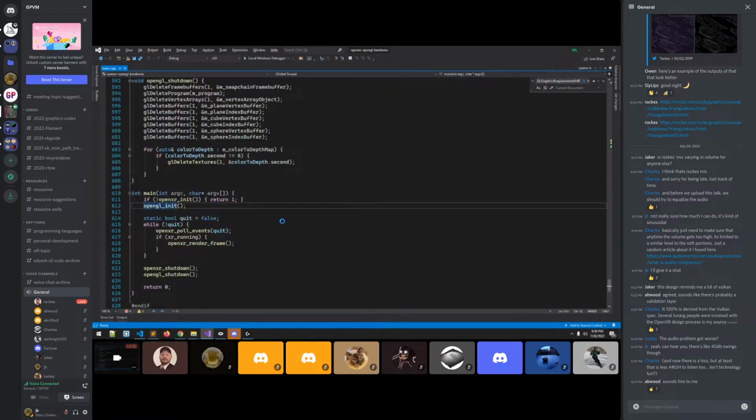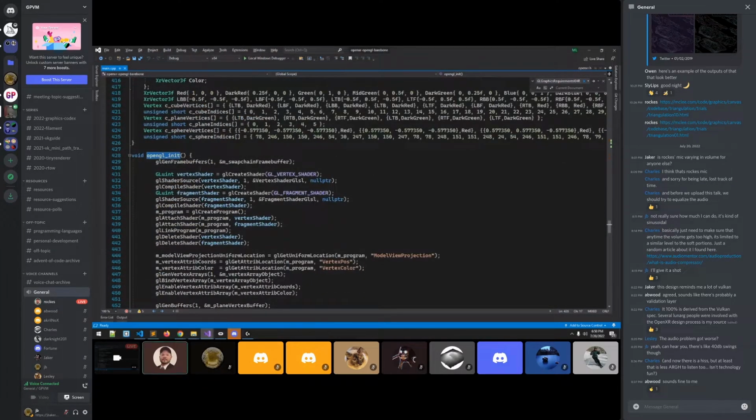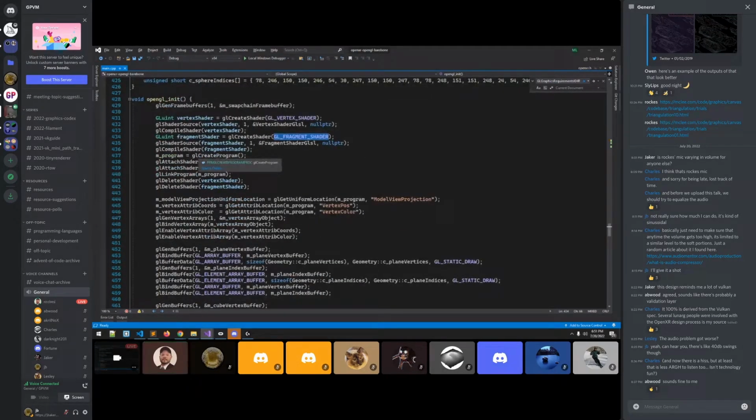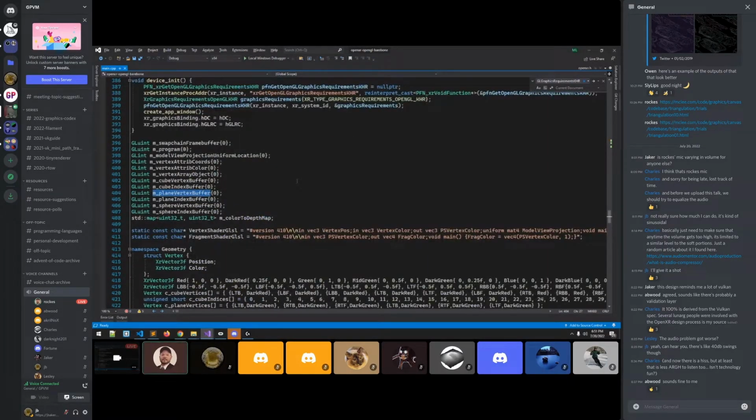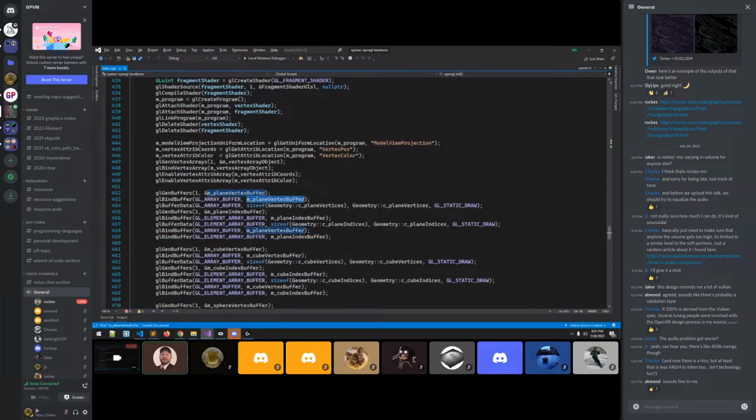Got the shaders, vertex shader, fragment shader, compile them, create the program, link them, delete them, and you got the buffers, setting up the vertex buffers here. So this comes from the plane, yeah, it comes from that long definition that I was saying earlier